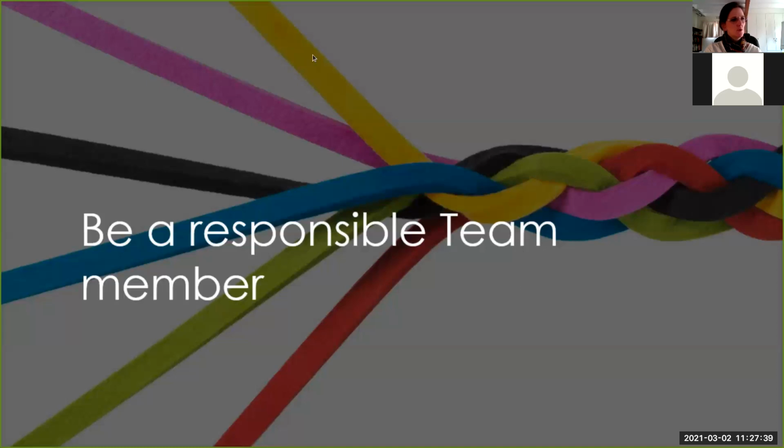So if you look at that cord behind there of all those strands woven together, there's sort of beauty in the different colors, the differences, and that kind of thing. But if one is all worn and tired, hopefully the strength of the others will hold it together while it can get repaired. So yeah, to build a happy team, it's all of our responsibilities, not just the team leader. And we're going to talk about some of those soft skills about how to build a happy team.